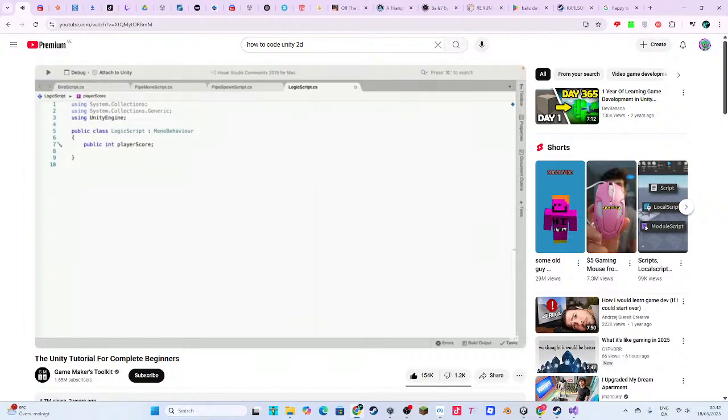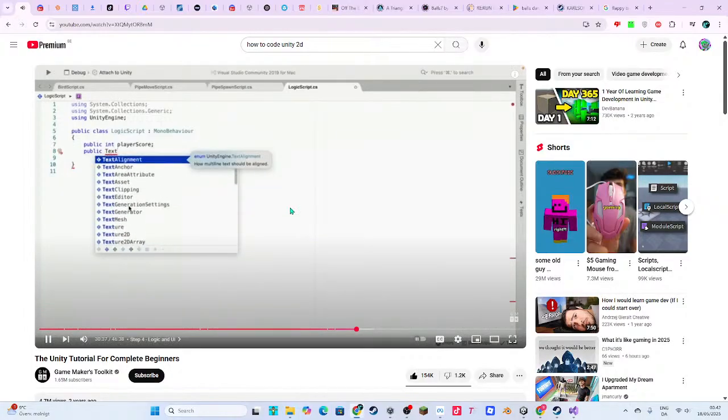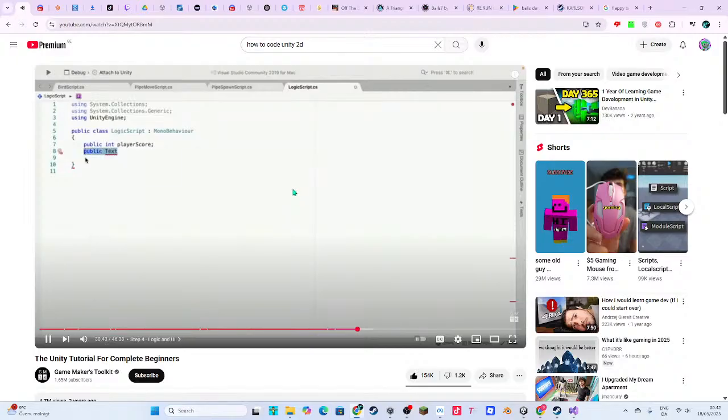And because we want to update the UI text we just made, we will, as always, have to make a reference to it. Except Text doesn't seem to be a thing. Well, by default, a script only loads in stuff you need for basic Unity functionality.